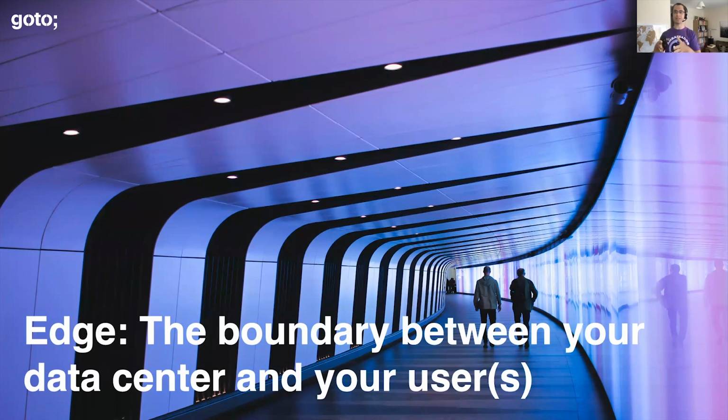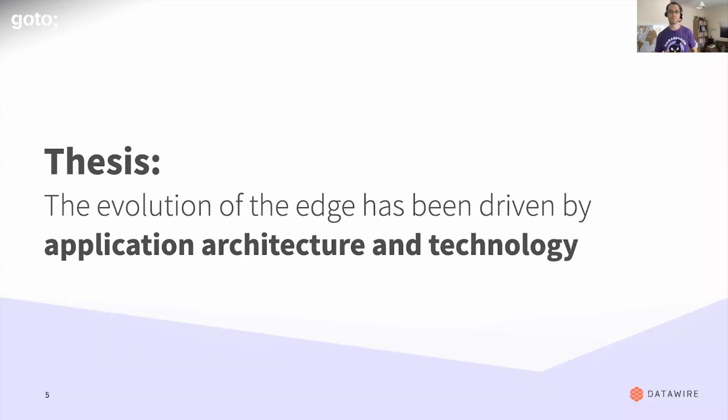The edge of the data center, your ingress, your networking, your edge stack, I often say. It's maybe a CDN, you've got WAF, you've got layer 4 load balancer, layer 7 load balancer, API gateway, all these things. When I say edge in this talk, that's what I'm referring to.